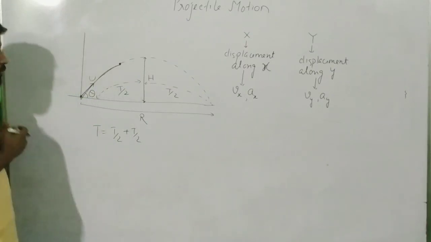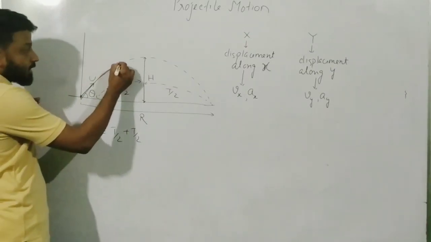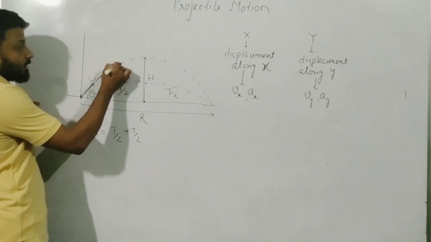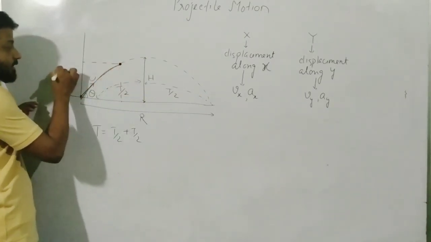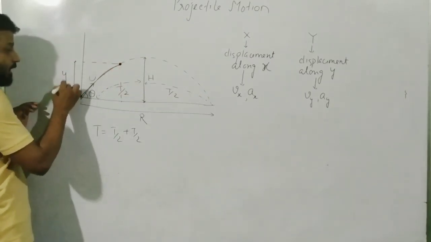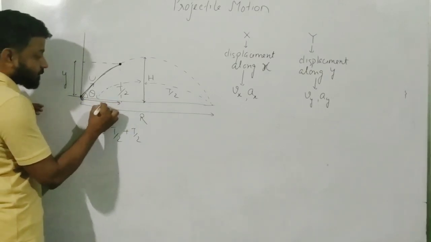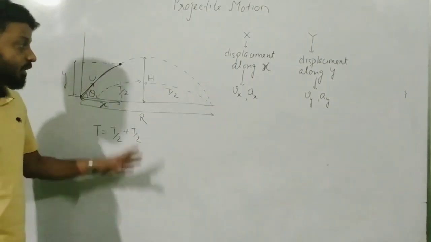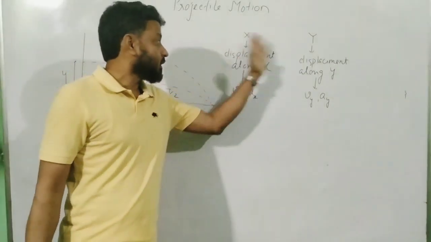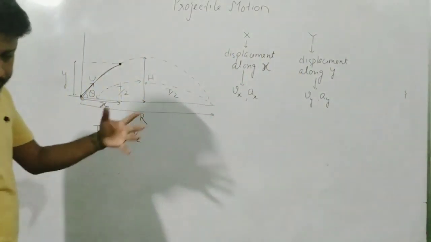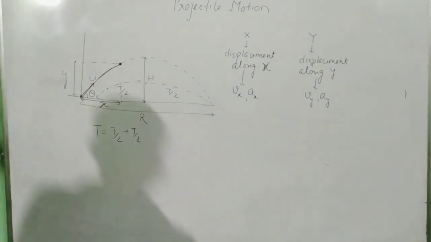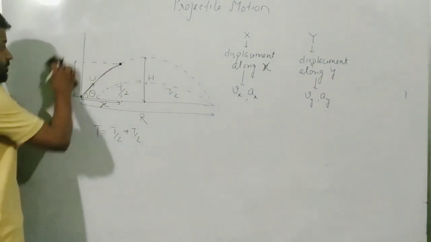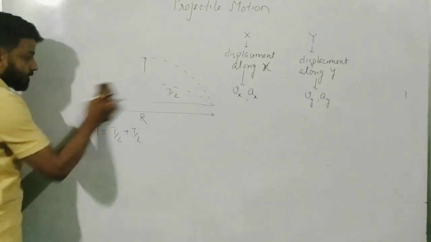What we really care about is, if it has reached this particular point, definitely in the coordinate system it will have some y displacement and some x displacement, correct? It is this y and x displacement which is very important, and those things we discuss using these methods. So to start with, let us redraw a clear diagram and then we will try to understand this again.